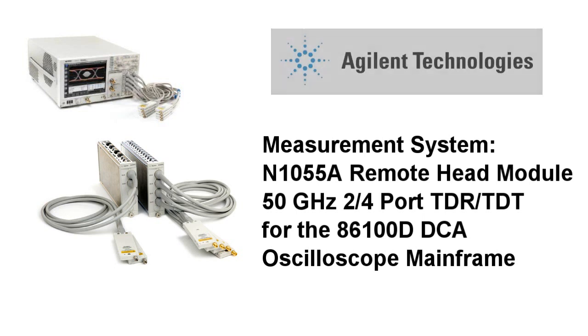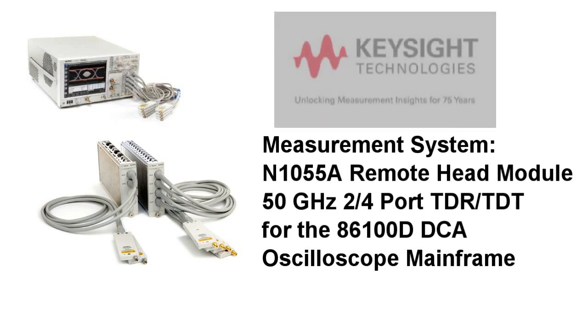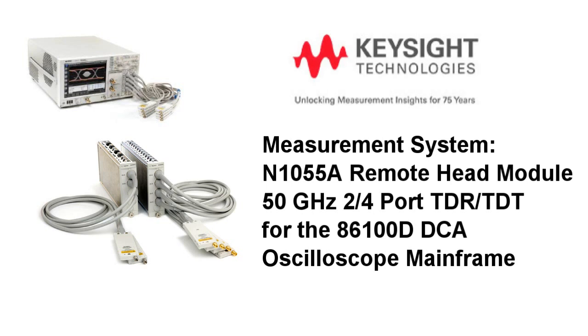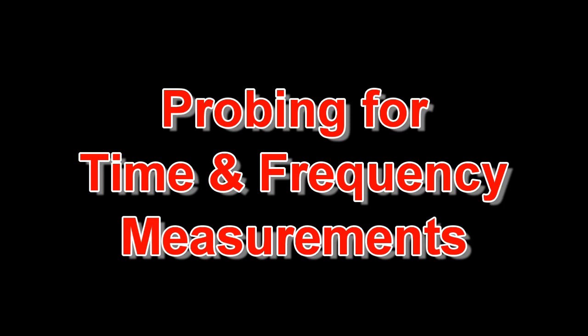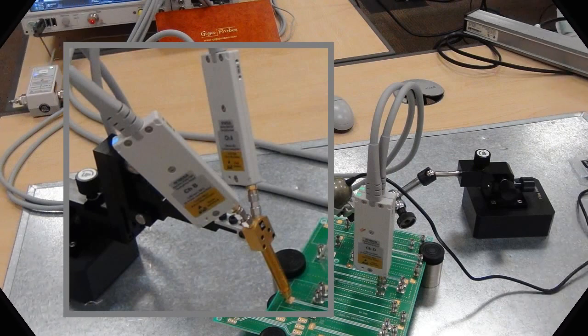be using the Keysight N1055A 50 GHz modules to make the 4-port S-parameter and differential measurements for this transmission line. The DVT40 40 GHz GigaProbes will be connected to the N1055A modules and is used to acquire the differential TDR